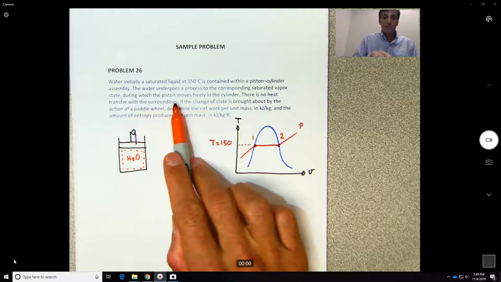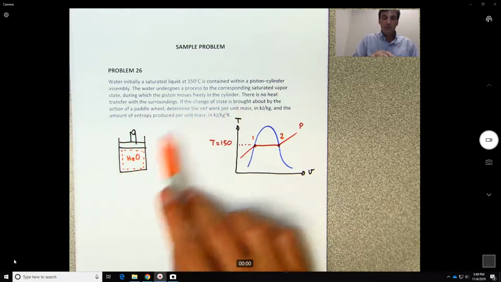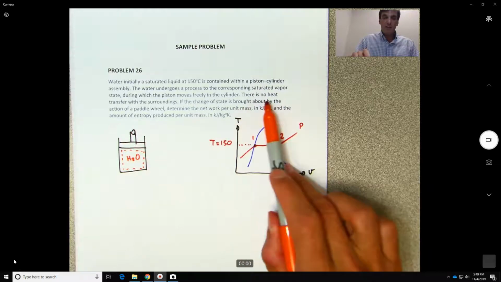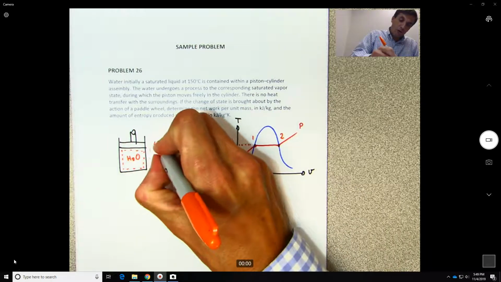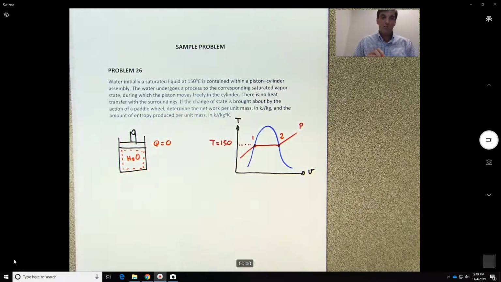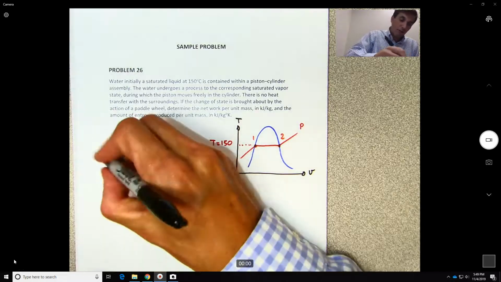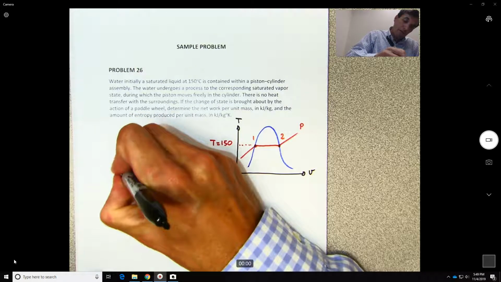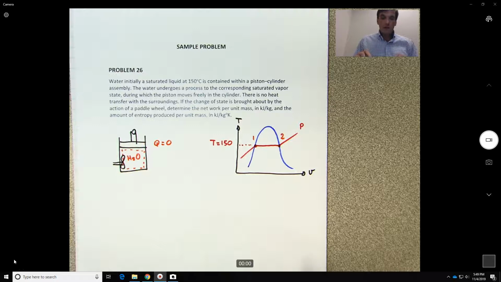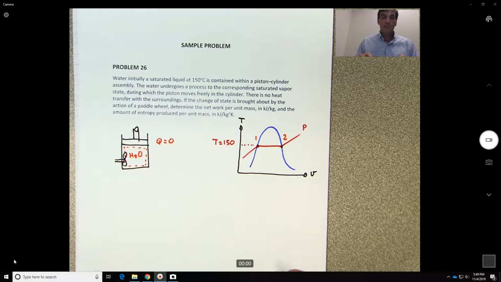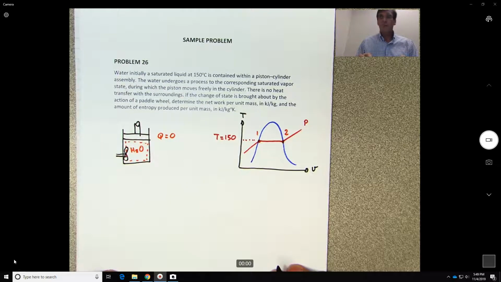During which the piston moves freely in the cylinder. So that means that the pressure is constant. There is no heat transfer. So Q equals 0. If the change of state is brought about by the action of a paddle wheel, so let's put a paddle wheel over here, determine the net work per unit mass in kilojoules per kilogram and the amount of entropy produced per unit mass in kilojoules per kilogram Kelvin. Okay,